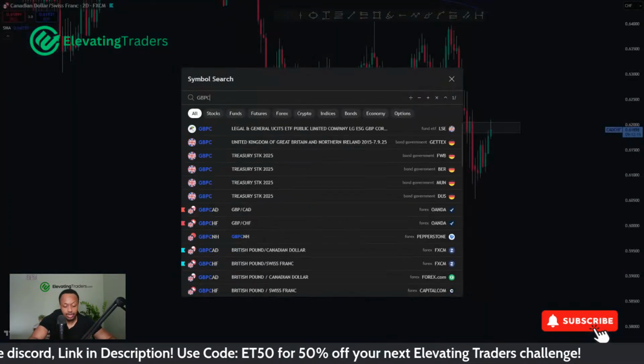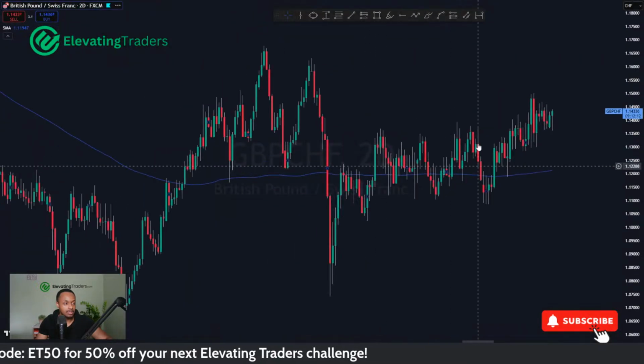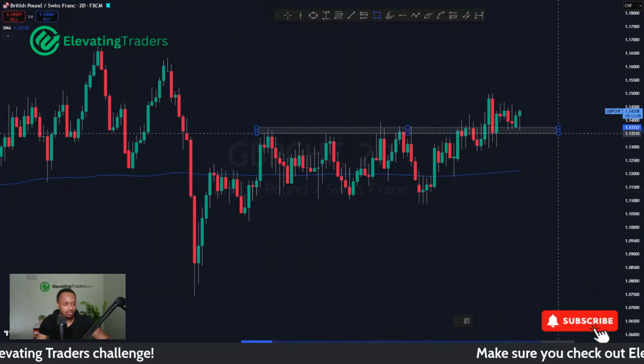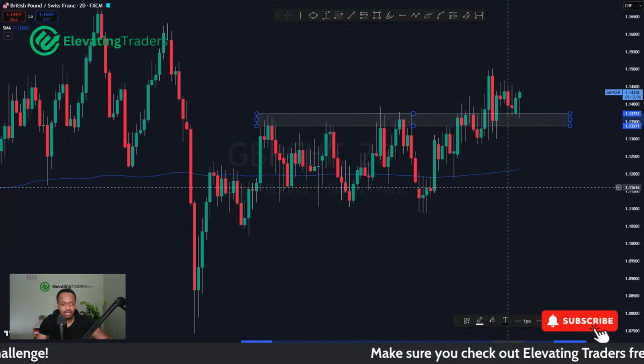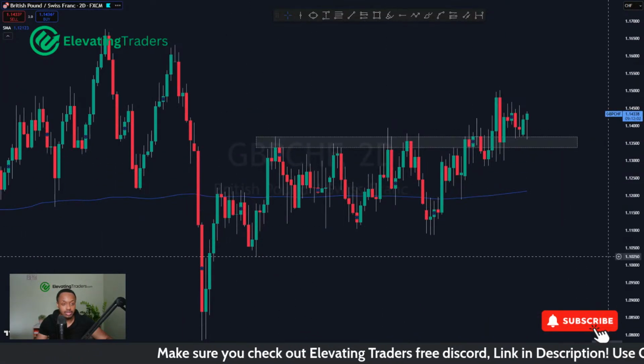Pound CHF had a nice retest this morning, though. I was keeping an eye on that one. It was a nice little retest. Just because Pound CHF has been so corrective, I decided not to really entertain the idea for a buy. In fairness, it's a solid daily level of resistance.